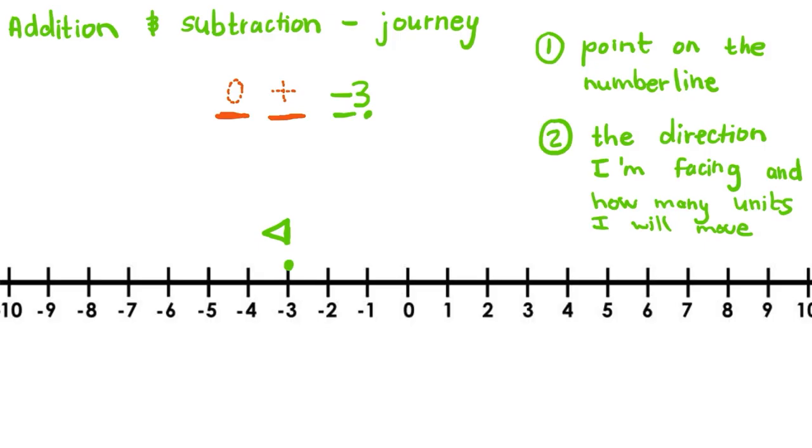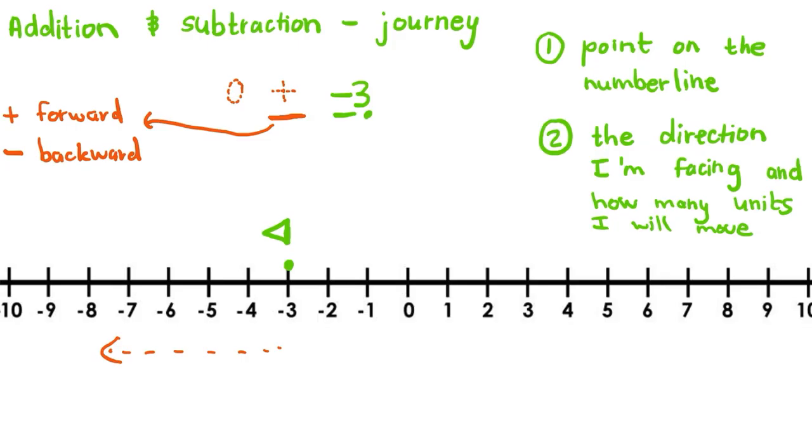So before I rush into this, my operation tells me if it is plus, I move forward. If it is subtract or minus, I walk backwards. All right. So in this case, we have a plus, and that means forward. Now, forward is going to be to the left side because I'm looking to the left. My body is turned towards the left side.